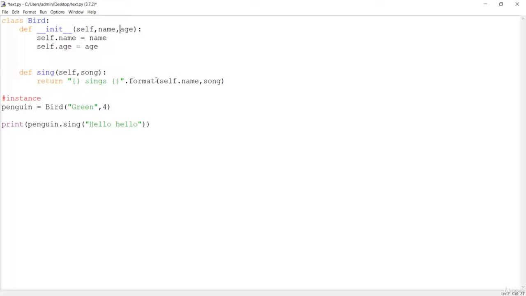If you want to reference the age, you can go here and write sings and his age is, and format now. We are passing self.name at this position, song at this position, and age at this placeholder. But again, if you say something like only age, let's save this and press F5,